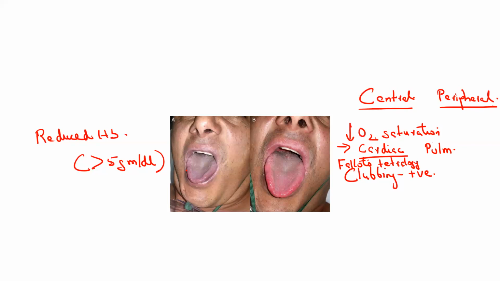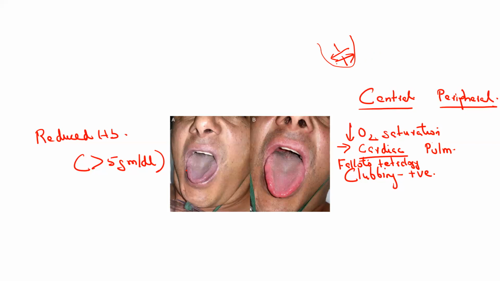Anything else? Eisenmenger syndrome. What happens in Eisenmenger syndrome? It is when there is a reversal of shunt, isn't it? Usually in patients of VSD, when there is a shunt in the interventricular septum, or in ASD, in the interatrial septum, the blood flows from the left side to the right side. But if pulmonary hypertension develops and the blood flow reverses, from right side to left side, this is called Eisenmenger syndrome.